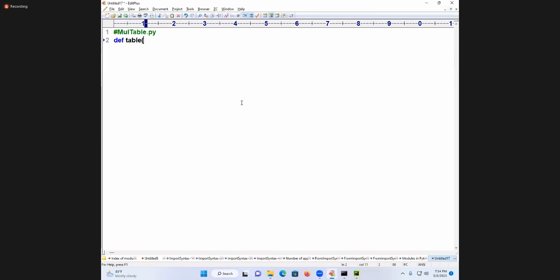Table of n, I will write it. If n is less than or equal to 0, same logic, nothing is difficult, print invalid input, else